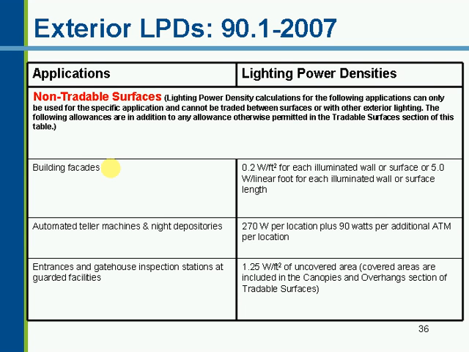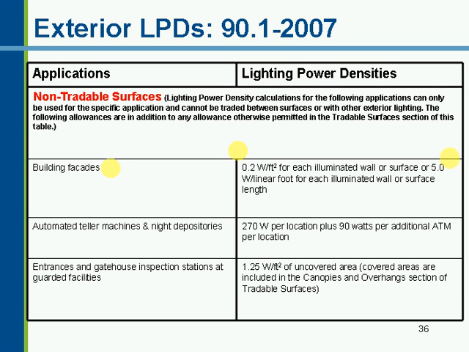So you can either apply this at 0.2 watts per square foot for the surface itself that you're going to illuminate on the wall, or 5 watts per linear foot for the actual linear length of the base of that wall. You can calculate this either way, but you can only do it one or the other. You could, if you had two facades, do one calculation one way, the other area the other way, but you can't use both on the same facade area.